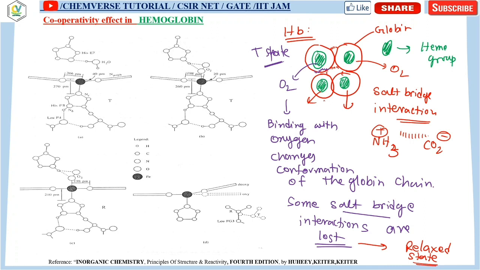So I think that's all for today's class. From my next class I will just start with the cytochromes. Okay, cytochrome, and then we will move on to some non-heme proteins. These all are heme proteins. Cytochromes up to cytochromes all are heme proteins. Now we will move on to some non-heme proteins like rubredoxin. Then we will move on to some different metalloenzymes. Okay, so those will be discussed one by one.